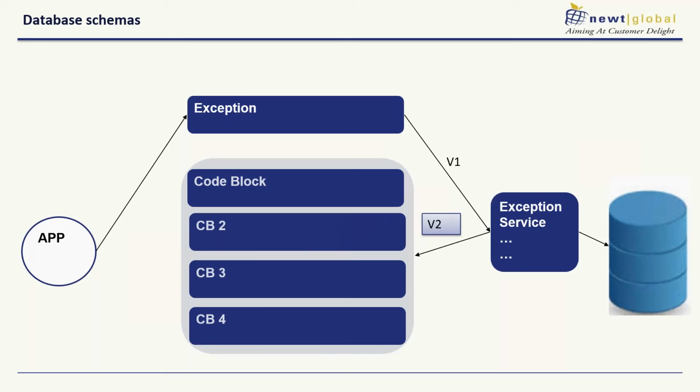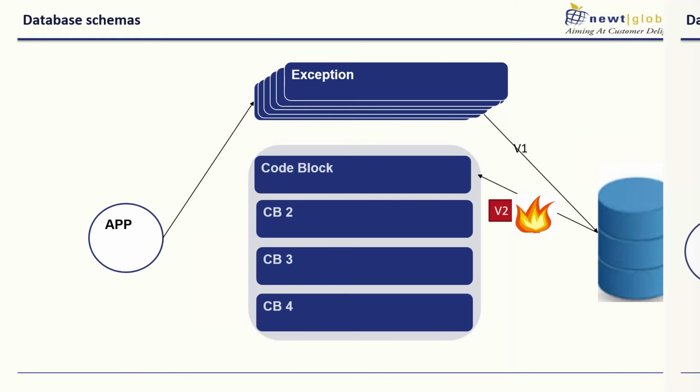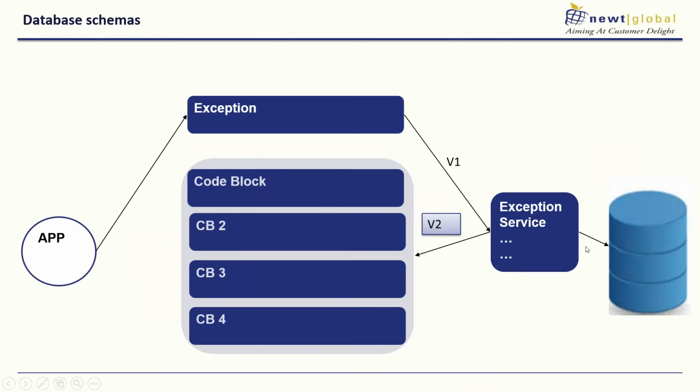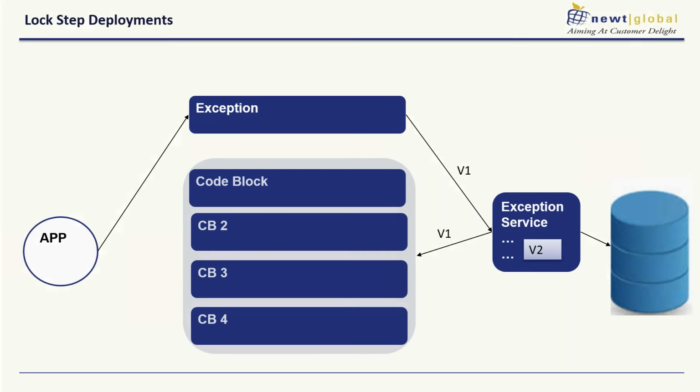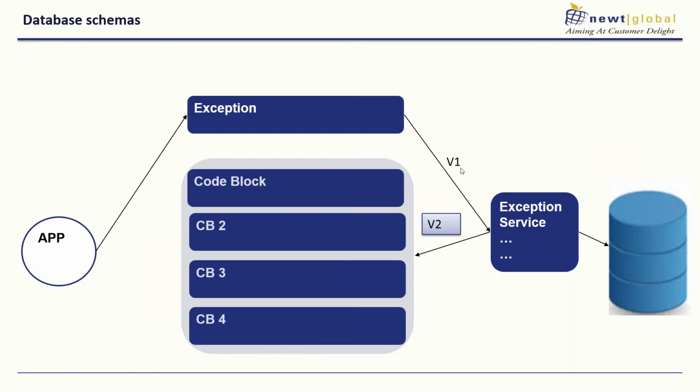So how do I solve this problem? Typically we use a pattern where we have a gatekeeper, and then we have an exception service. So we have the exception logging mechanisms, and then the interactions. We can ensure that even if I have a version 2, the interactions between the code and the exception service are taken care of. So these two versions could actually coexist, and then at our leisure we can make sure that this is also upgraded to version 2.